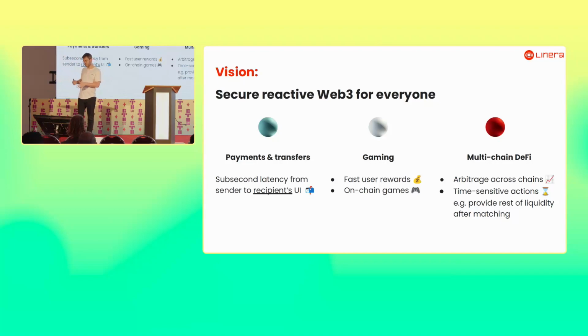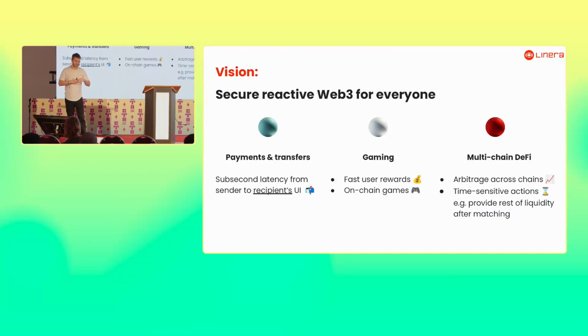And then finally, there's a third category of applications that I think would benefit a lot from having secure, reactive applications. It's the multi-chain, what I like to call multi-chain DeFi. So DeFi, of course, decentralized finance, is one of the domains where there's the most obvious product market fit with blockchain technologies. But so far, it's been a lot about single chain DeFi. So you have atomic composability inside a single chain. You can run Uniswap. And it works.